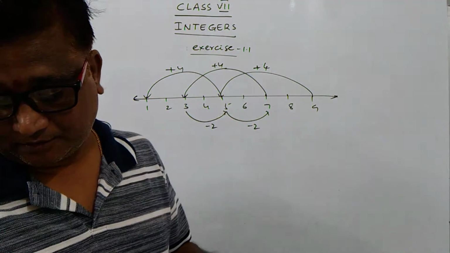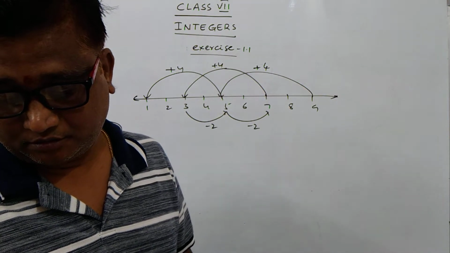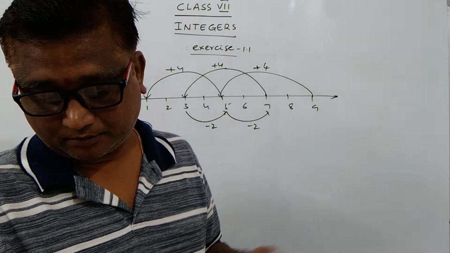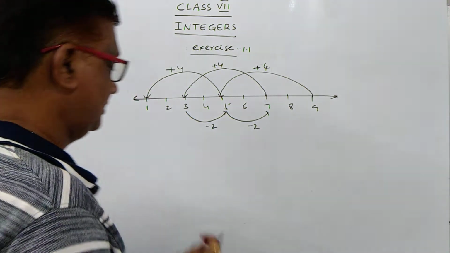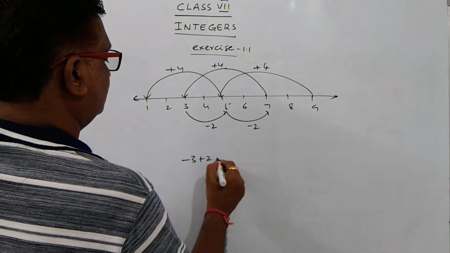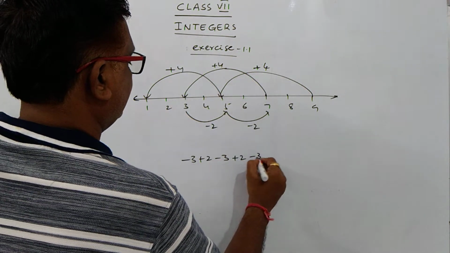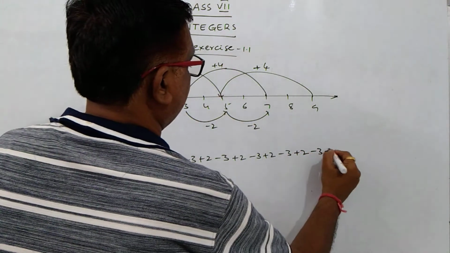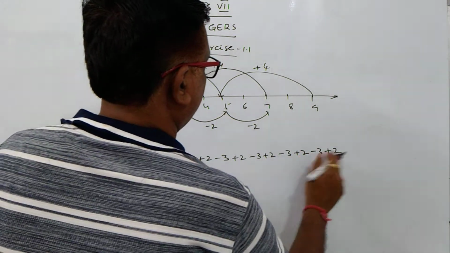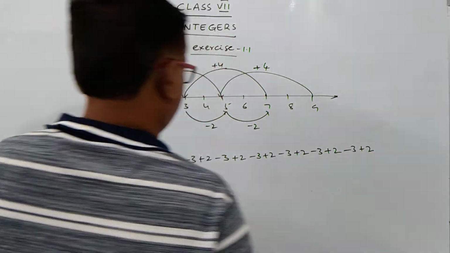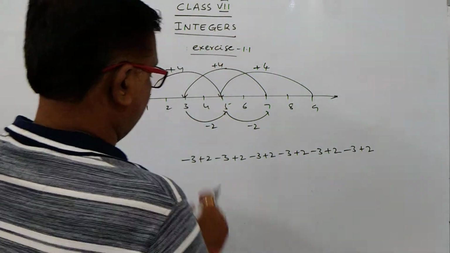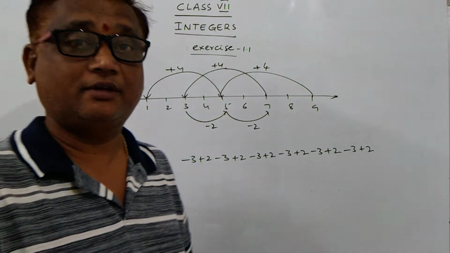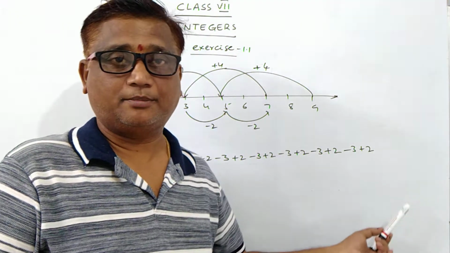In the third question, if the number of steps moved down is represented by negative and the steps moved up by positive, represent the moves, part 1 and part 2, completing the following. So here minus 3 plus 2, minus 3 plus 2, minus 3 plus 2, it is given like this. You get minus 8. So you can write like this, and you get minus 8.